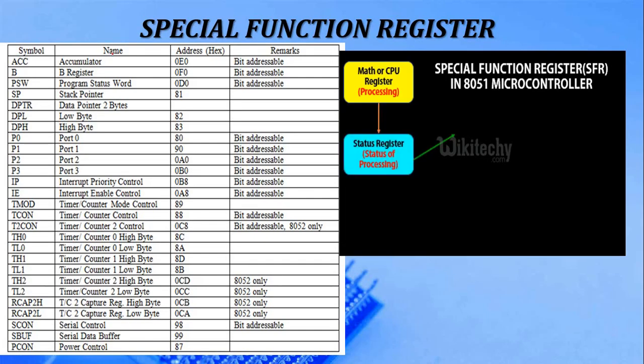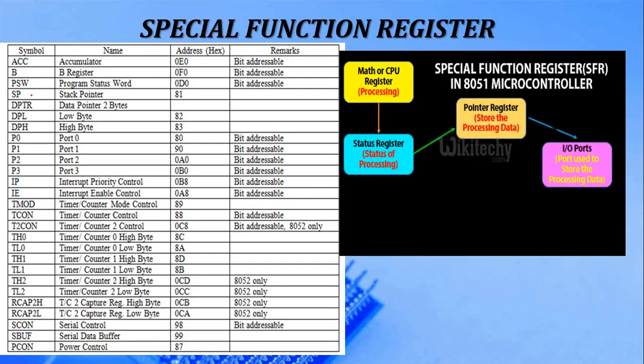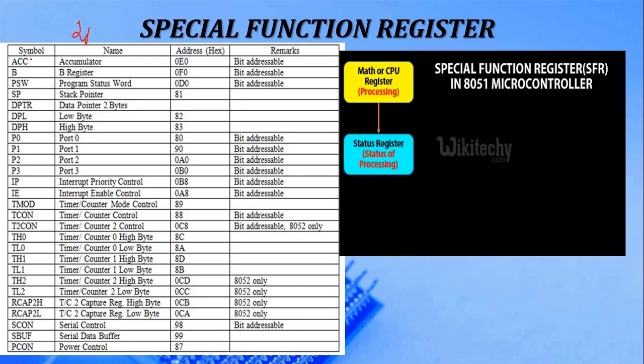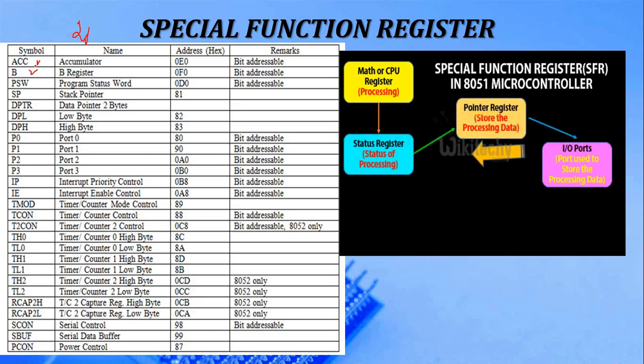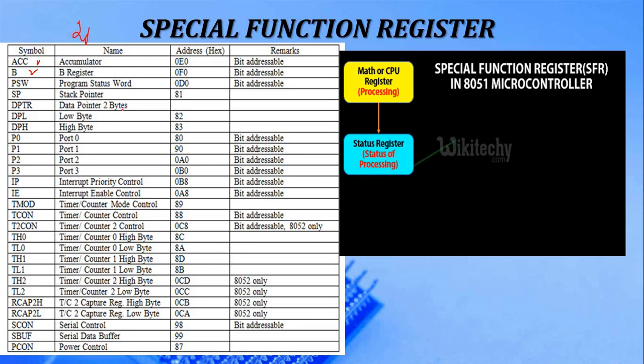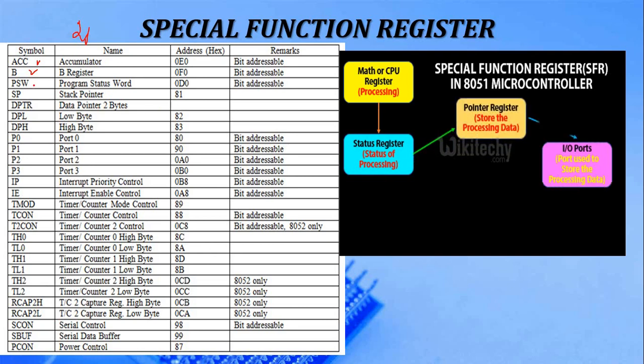Okay, special function registers. How many special function registers are we having? We are having 21 special function registers. See, math registers we are having. Here we can use A, C, C and B. That is the A register and B register as math registers, we can use them there. What is this hex? It is the hex code for each register. And also we are having a status register, that is the status of processing, which is given by the